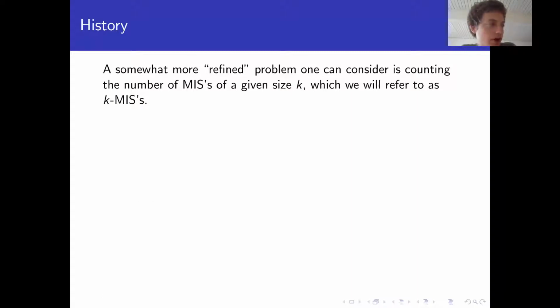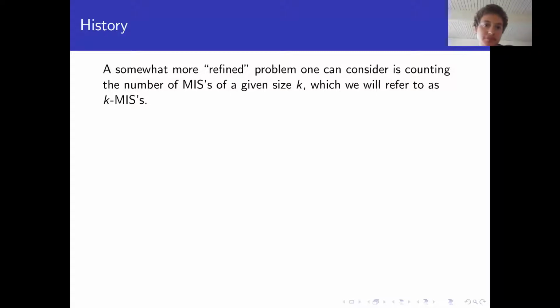So another kind of problem we can look at is a slightly more refined version of the problem we've been talking about. This is counting not just general MISs, but MISs of a given size k, which we'll refer to as k-MISs. And this is partially motivated by, for example, the Moon and Moser construction of disjoint union of triangles, where every MIS is of size exactly n over 3. So you could ask, if I only care about MISs of size 17,